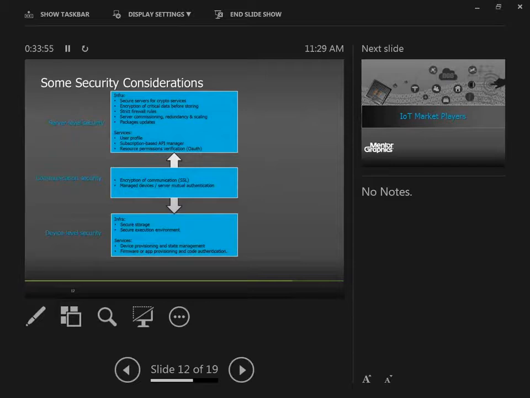Every device needs to have infrastructure for security. That infrastructure on the device means that the device needs to have secure storage and, as much as possible, a secure execution environment to carry out any kind of authentication and crypto security operation.